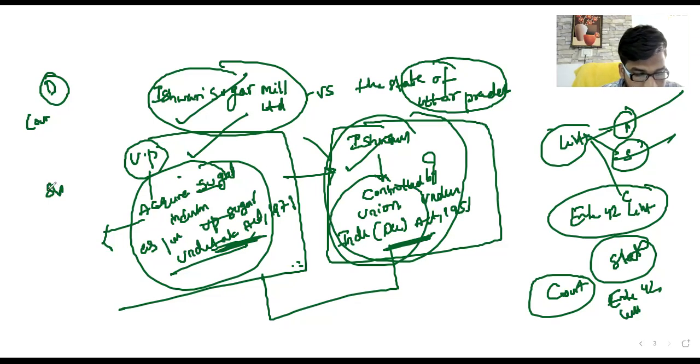Clear, sir? It can acquire. So like the conflict between two or more acts, the special act gets privilege. A conflict between two or more provisions, then it should give effect to all the provisions, that is decided by the court of law. This is nothing but harmonious construction. Clear? Next, sir.